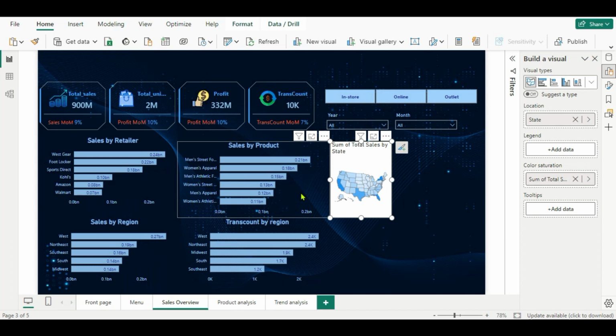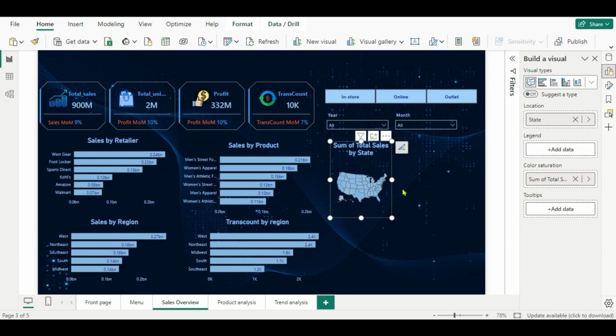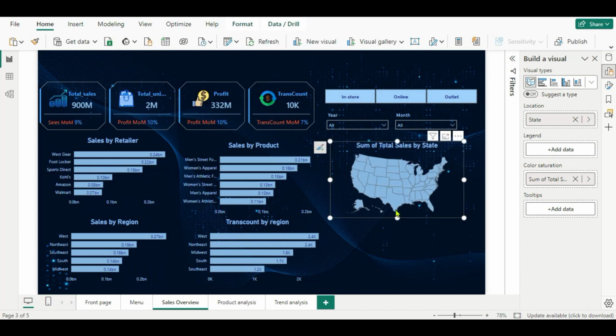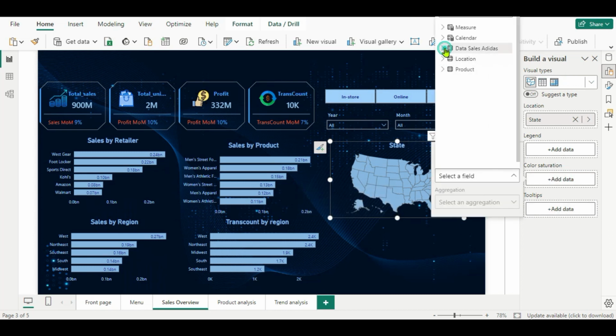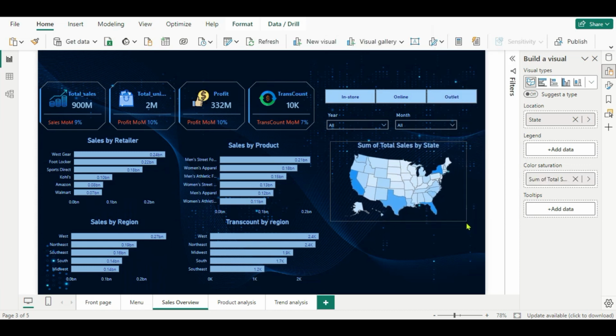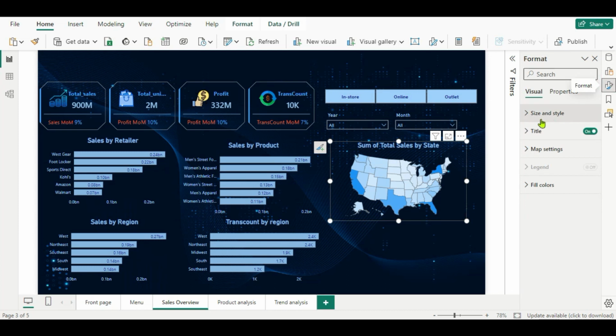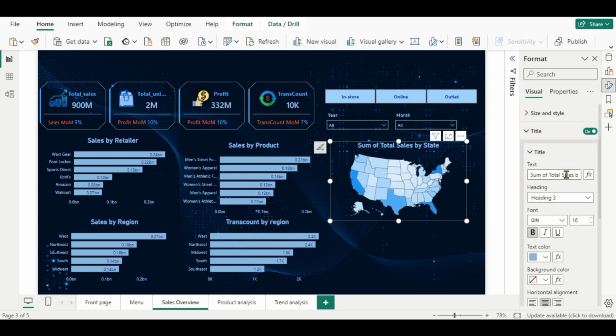So for that, select any visual, use the format painter, and just paste here. Now here you can see the formatting is copied, and here instead of this again we'll take the total sales because it's not showing. Now you can see the states are highlighted, sales by states. Okay, we can change the title here. So instead of that format, we'll go here in the title and we'll change it to